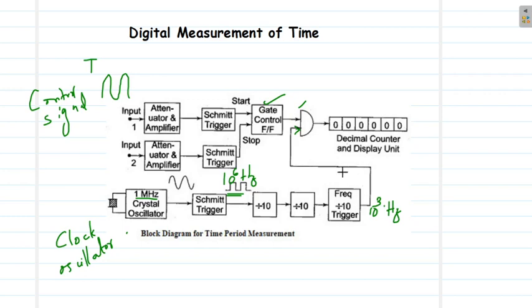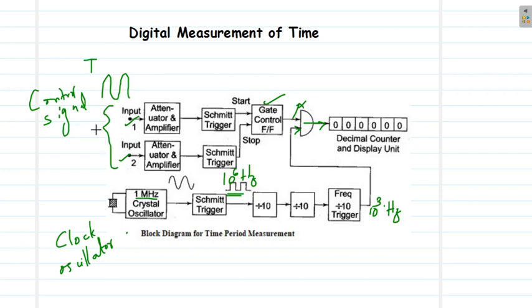So even though the signal is continuously being fed into the gate, it is able to pass through this gate only when the gate is open. Only when the control signal says to open the gate or to close the gate, the fixed frequency signal is able to pass through. So we have two inputs here. We are feeding in input 1 and input 2. Input 1 corresponds to the start and input 2 corresponds to the stop.